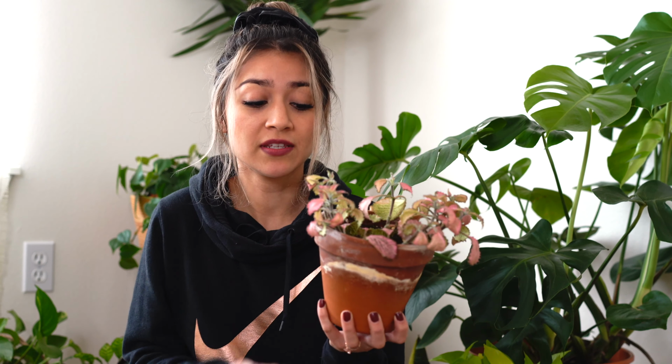One thing about all the plants I have, I like to have plants that are different. Plants that are different colors, or their leaves have different patterns, just because I think they look pretty cool, they stand out, and they're not your everyday plants, even though I still have some of those. So this one is a Fittonia, I think is what it's called, or a nerve plant,